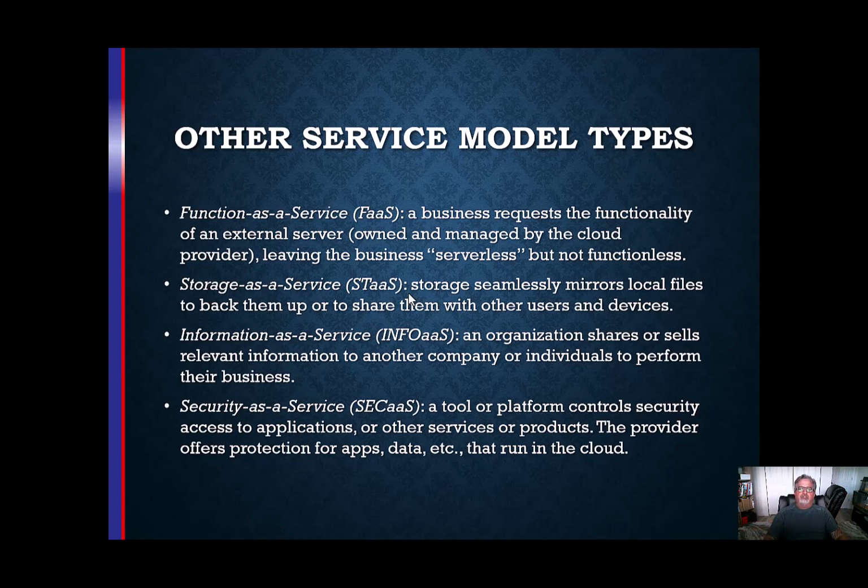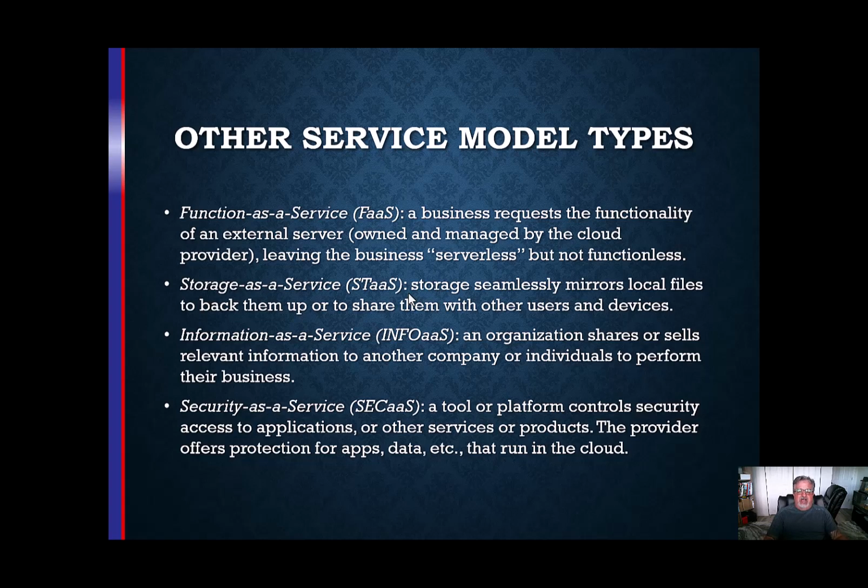And by the way, the cloud service customer is not billed for the hosting of that function until the actual function is accessed. Meaning if no one goes to the form, no one fills out that form, no one clicks submit, you're not being billed on a regular basis. But if someone goes to that form and fills it all out, clicks submit, now boom, you're being charged, because all of the data in that form went somewhere where it's processed. So in essence, you're paying for the processing, if you will. This is function as a service, also known as serverless computing.